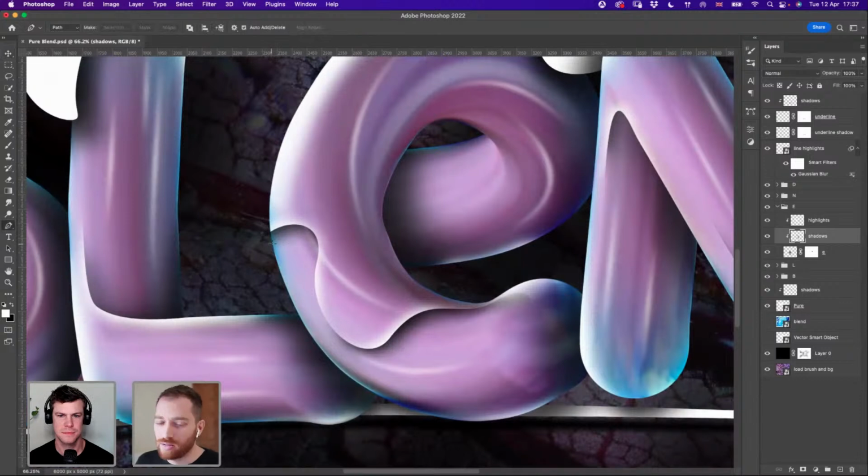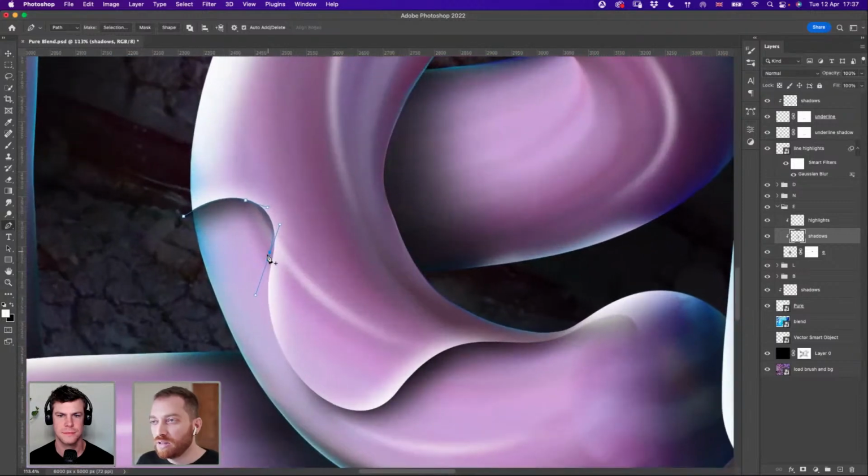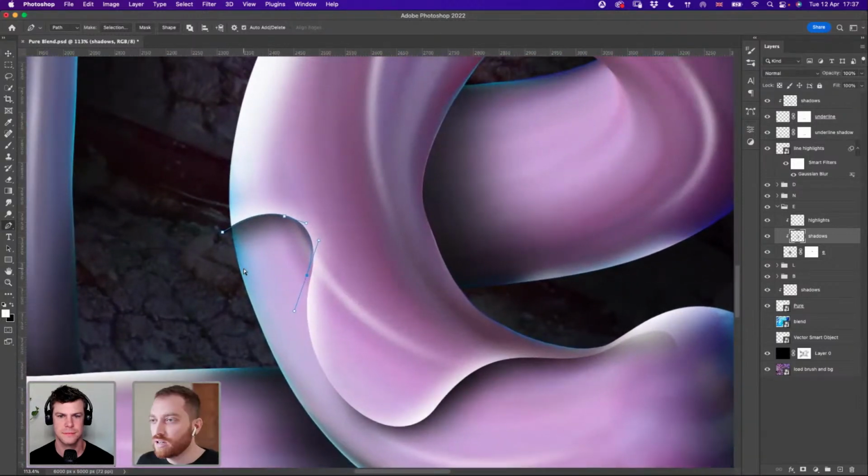I will use again the pen tool, which is here, because I would like a specific area to have the shadow. So I'm going to zoom in a bit. It's kind of difficult to select a very specific area, but we'll see what we can do.